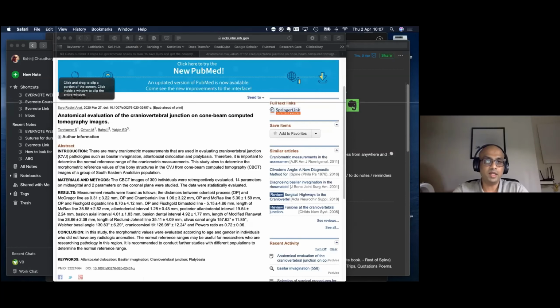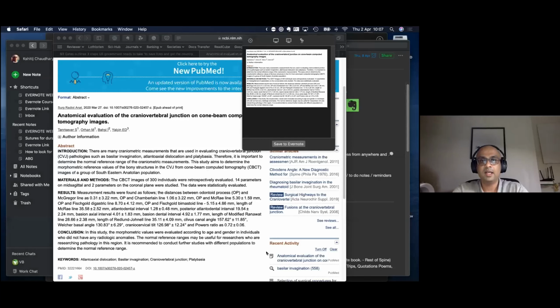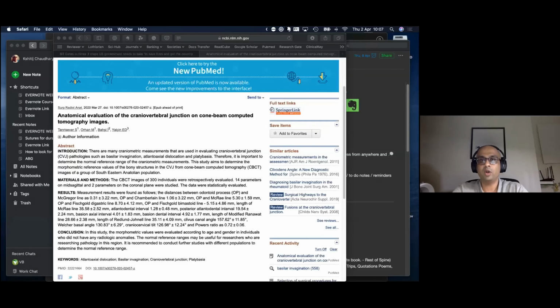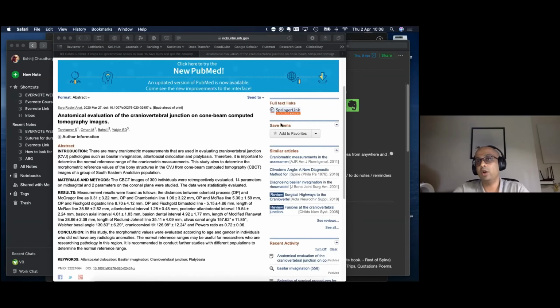I want to clip this photograph into Evernote. I have dragged it, and there you go, it goes into Evernote. Or I want to take this whole screenshot into Evernote. I can clip this and the whole screenshot goes into Evernote and I can save it. You can do a lot of things with this menu bar Evernote as well.